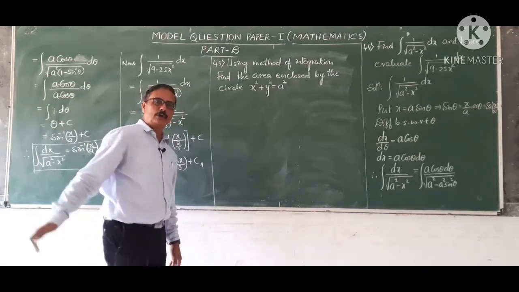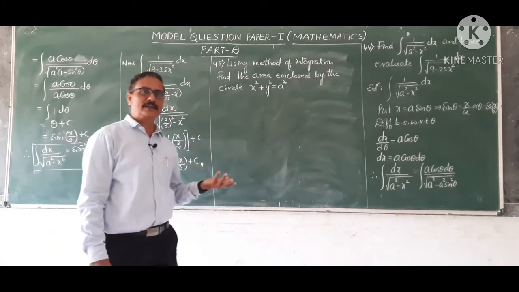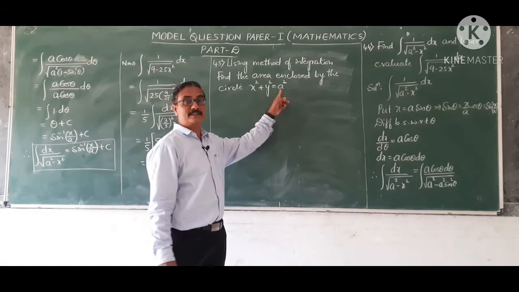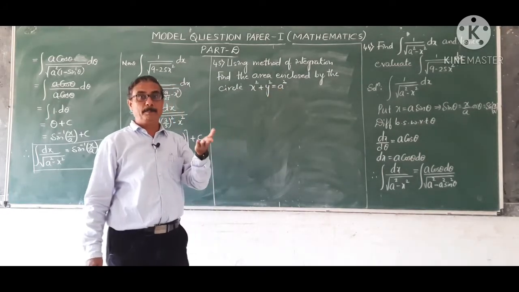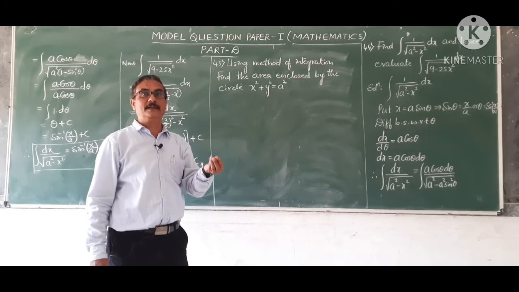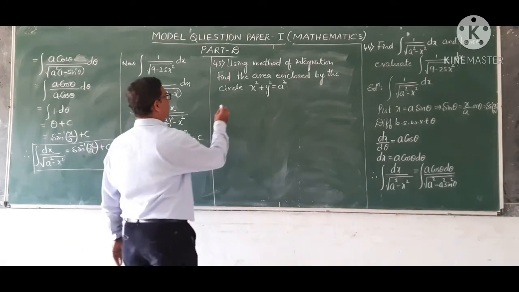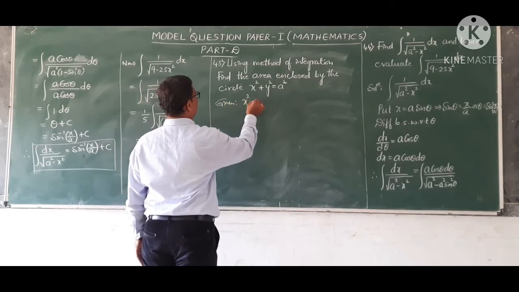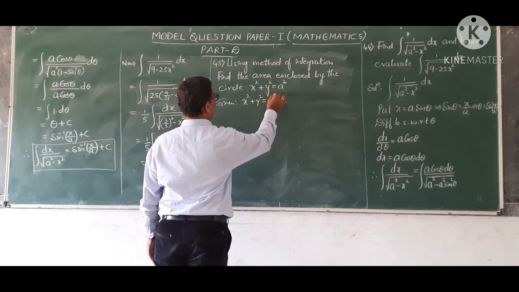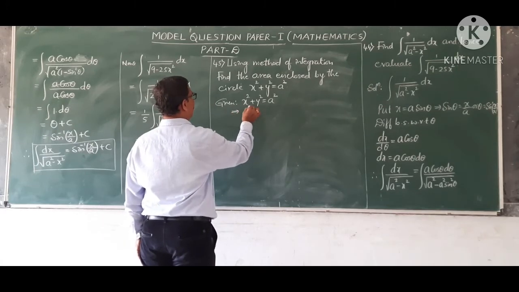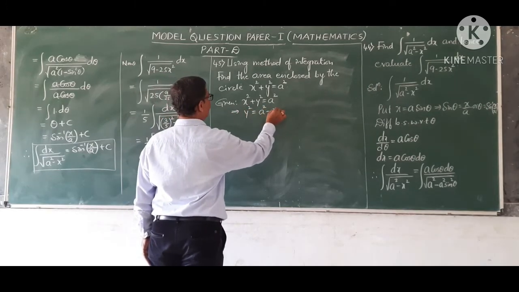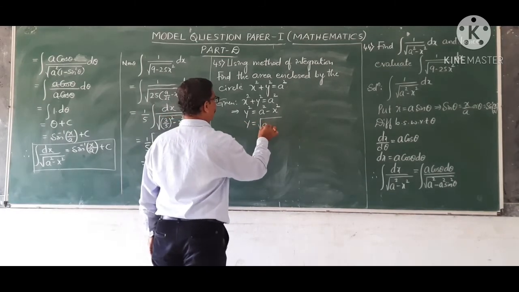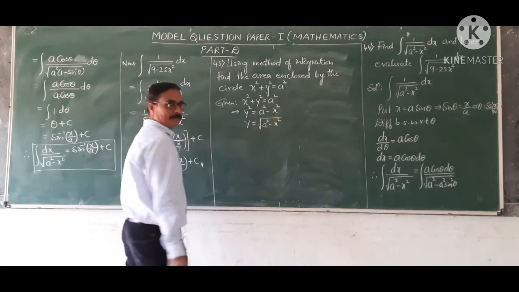Of course, you know the formula for area of circle. What is area of circle? It is pi r square, where r is the radius. Instead of r, radius is here a, so area of circle is pi a square. To prove that result by using integration method. Now how to solve the given data? x square plus y square is equal to a square. Using this, y square is equal to a square minus x square, or y is equal to under root of a square minus x square.